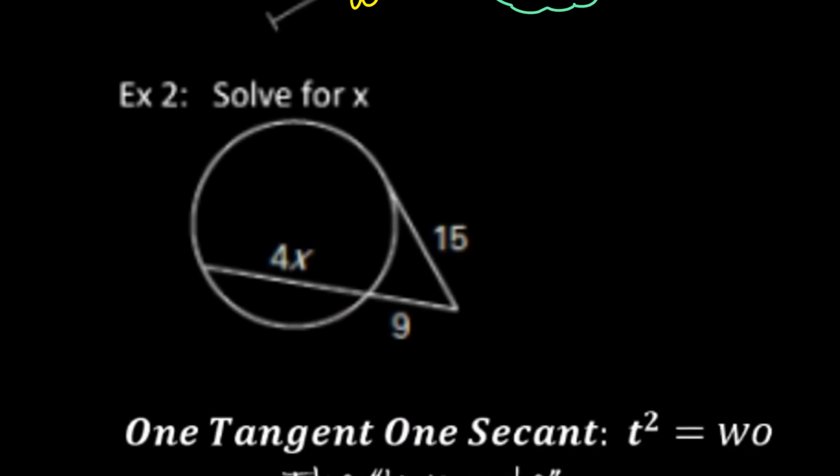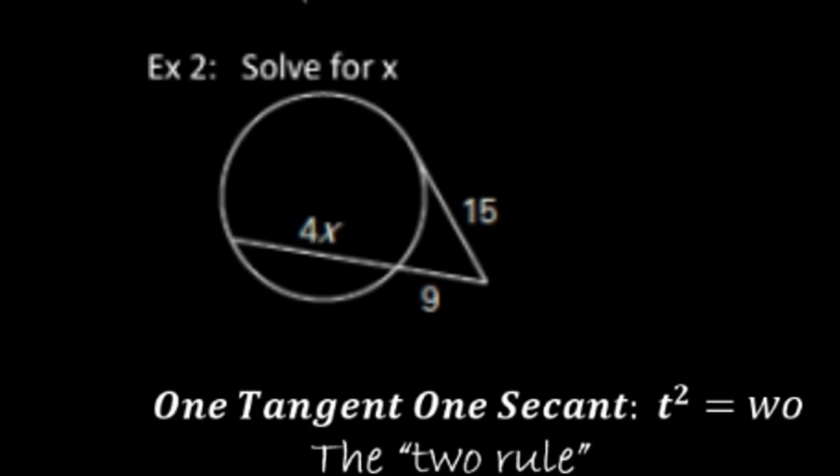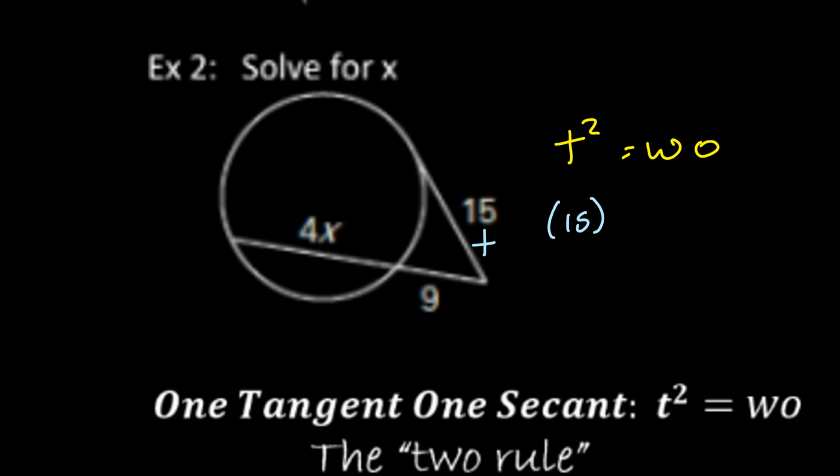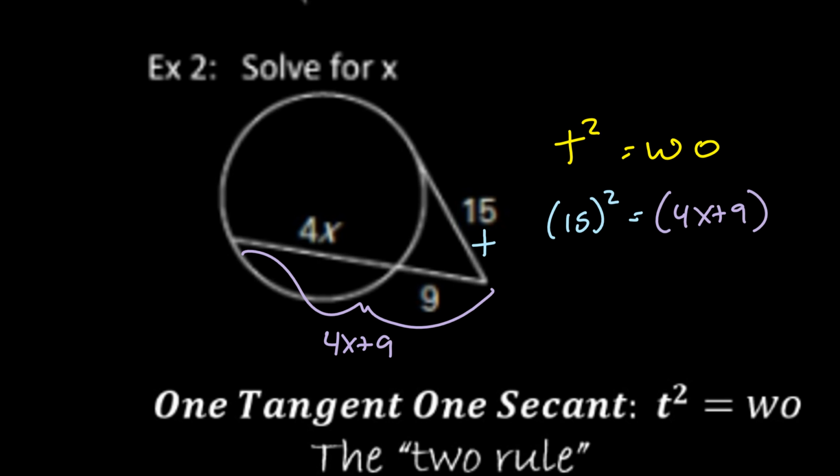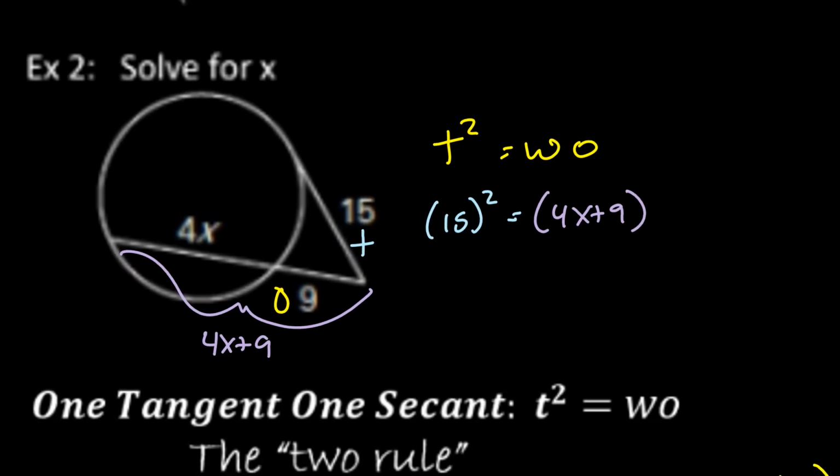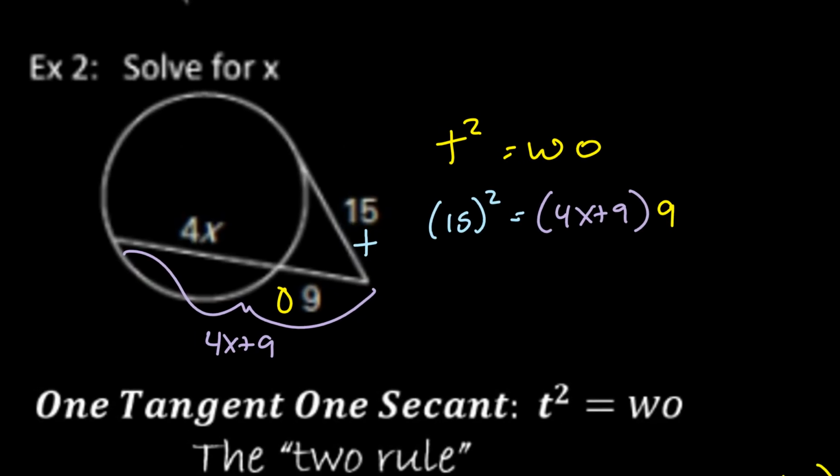Last one, and then we'll do the whiteboards. So again, we have a tangent and a secant. So we do t squared equals whole times outside. Our tangent here is what? So I do 15 squared is equal to the whole, which in this case is what length? And then, what's our outside? So here, 15 squared is,